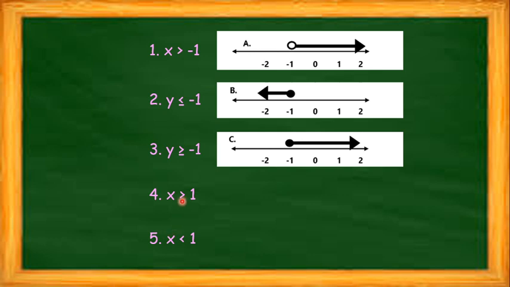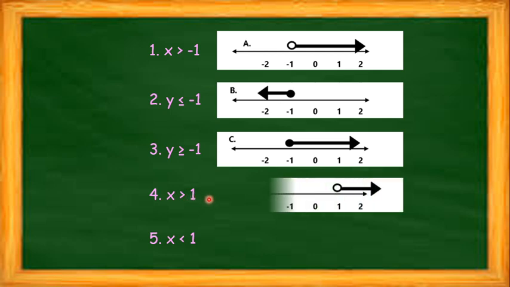And number 4, x greater than 1. So the numbers that are greater than positive 1 can be represented by this, and 1 is not included because there is no equal sign here. And the solution sets are at the right side of the equation. Next,